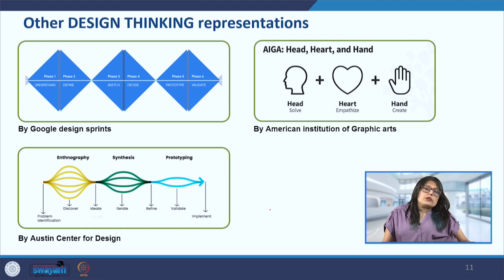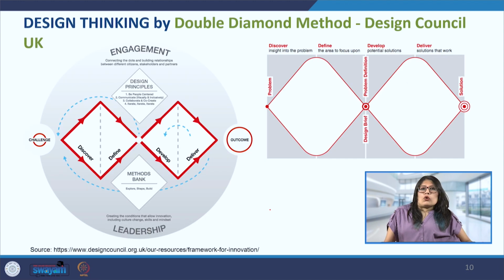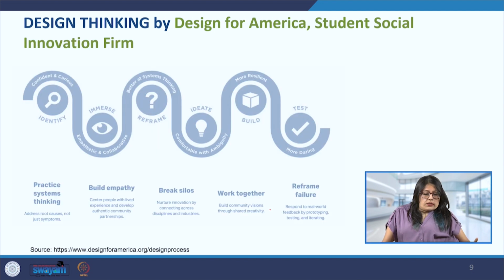So you will see in each of these models, they all begin with understanding the core need before we can actually start coming up with some solutions. And empathy is the core element here, that the user needs to be empathized with. We need to put ourselves in the shoes of the user, and with various techniques that we have discussed, like user interviews, observations, and others. So these are all common approaches all across these methods.